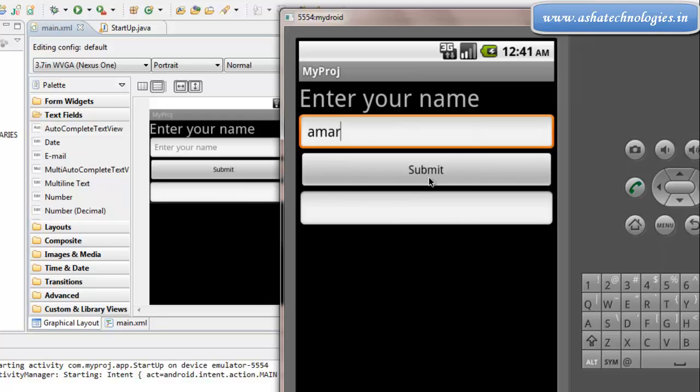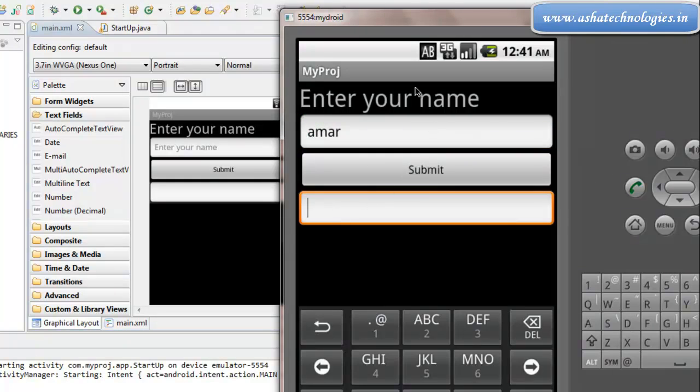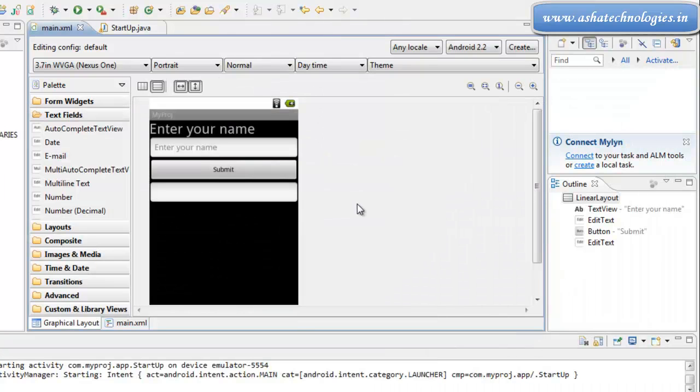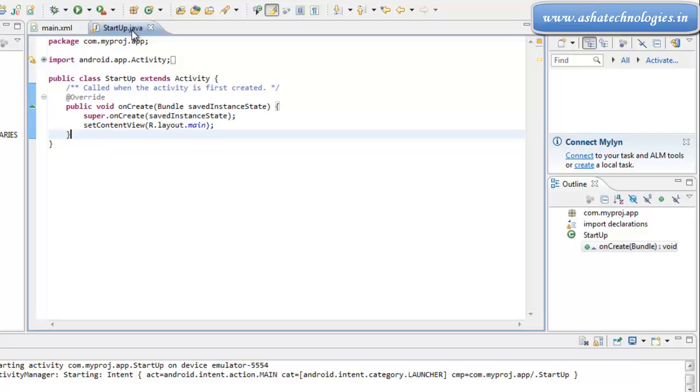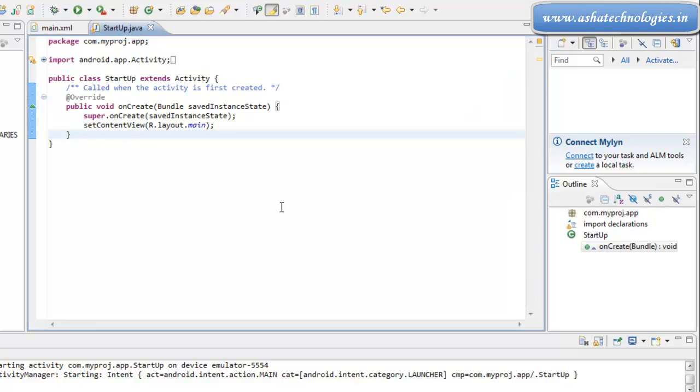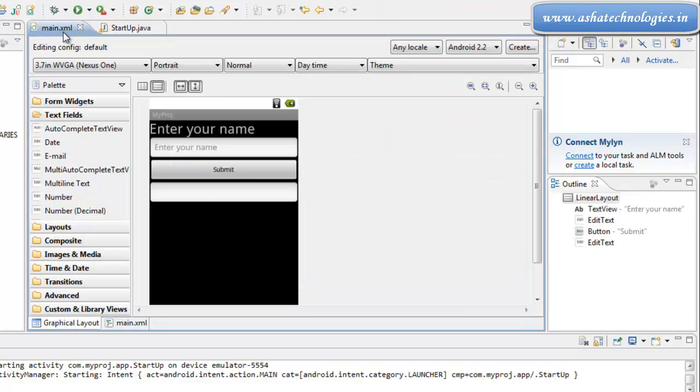If you need your submit to take any action and display this message in this text box, we need to go for events. To work with events we must go to the Java side of the Android application. We need to access these controls in the startup java file, and we can define some events for these controls there. We will see how to access these controls and how to give the click event for this. This event is nothing but the onClick event in an Android application. So how to handle that onClick event, and what tasks need to be handled on it,